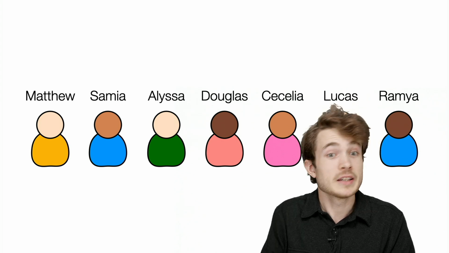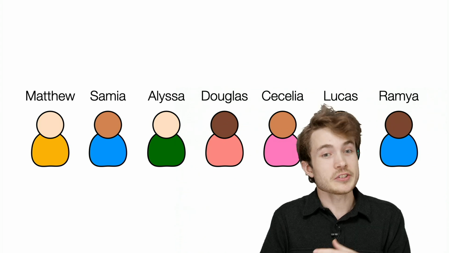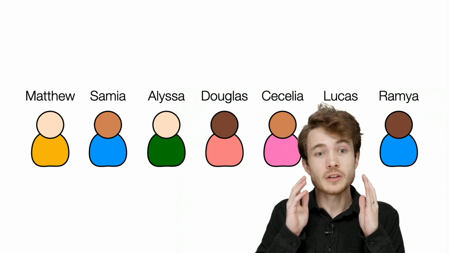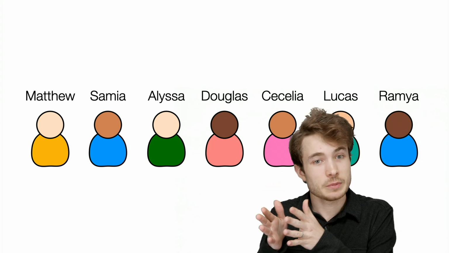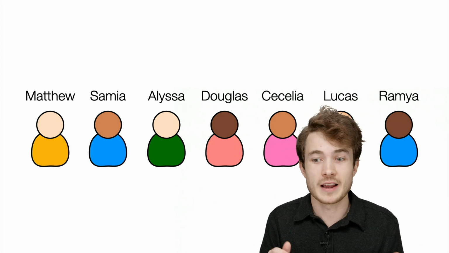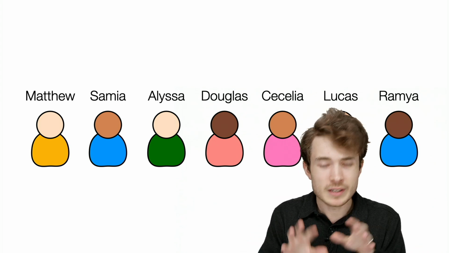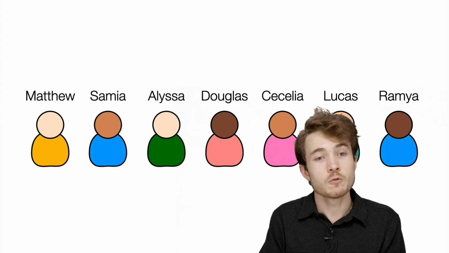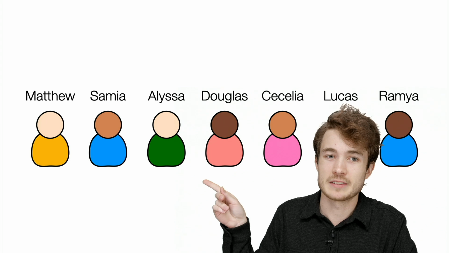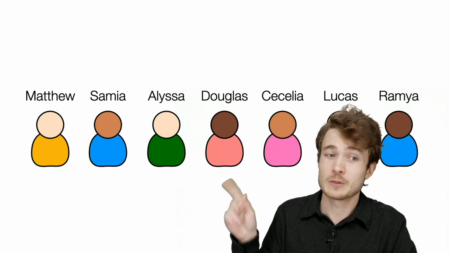So I'm seeing some people say linear search. And linear search, to be clear, is when we start at maybe one side of this list and just look at the very first person, then the next person, then the next person, and so on. So let's pretend here we're trying to find this person, Alyssa, among these 7 people. So if we are a person, I could very clearly spot Alyssa. Like Alyssa seems to be right here, right? That's not too hard for me. I could do that in one step.